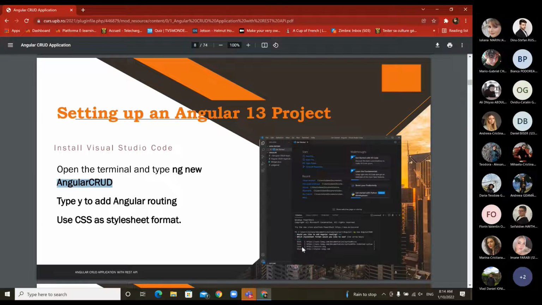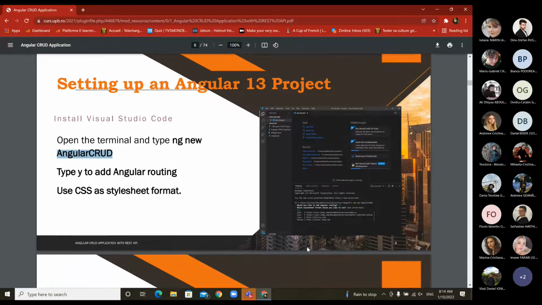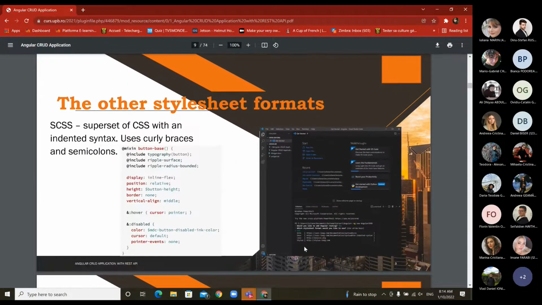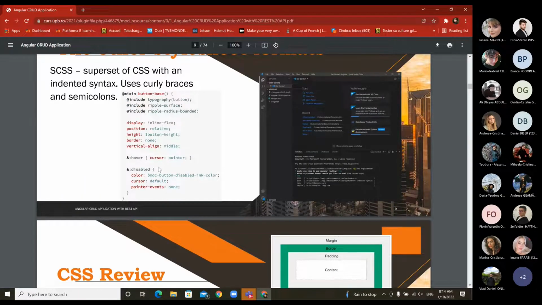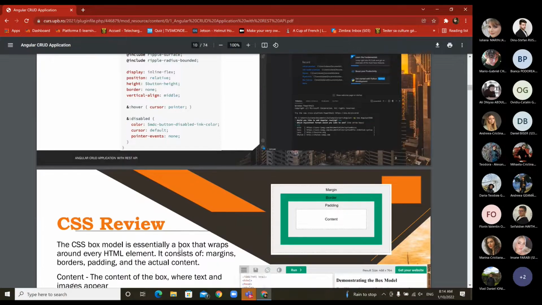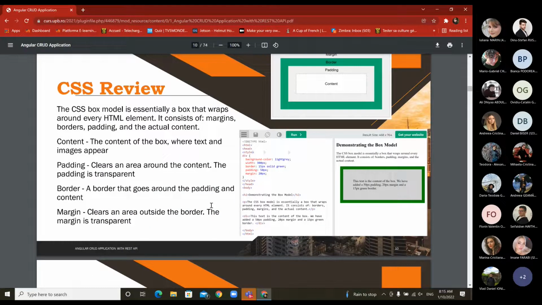As you can see, you have multiple formats like CSS, SASS, LESS, stylus. As you can see, this form with SCSS, in fact, you have it as a superset of CSS. This is when it's a sort of Java, you have the curly braces, semicolons, and you include each and every element. And then as a review, you see here that you have the part with borders, with paddings,